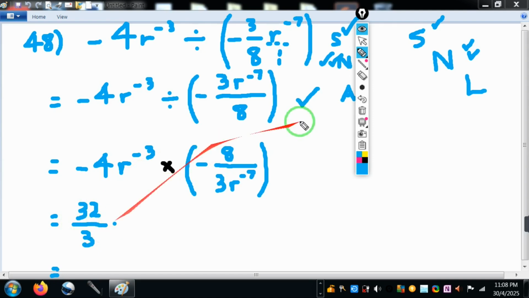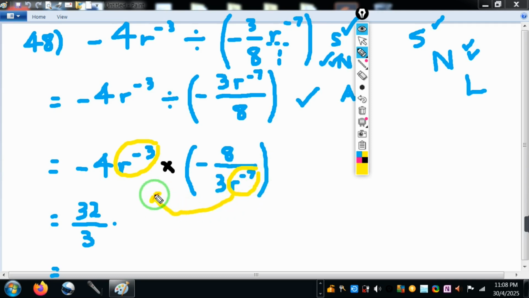And now you see here, allow me to use yellow, the R to the power of minus 3 and the R to the power of minus 7. Similarly, it's the same as putting that one just below here in this space. So what do you do? It's division, isn't it? So since it's division, you only look at the R. Take one R only. Take the first power